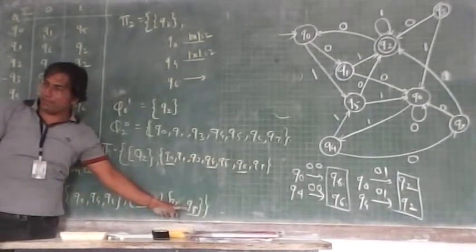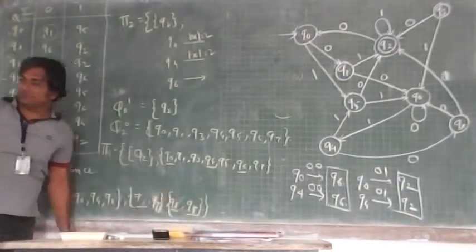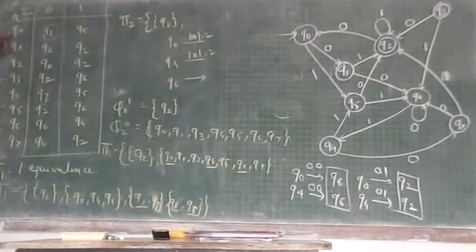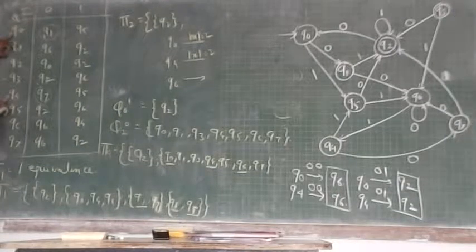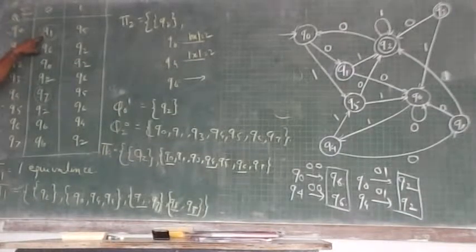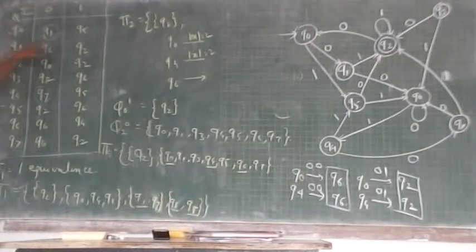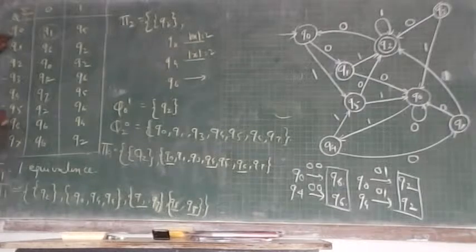Again, this is non-final. But in this case, you consider this is a state. This is another state. See what happens when you are from Q0 and Q4. For 0, you are going to Q1 Q7, a particular state, and for 1 you are going to Q5. These are again Q0 Q4 are equivalent, but if you see Q6,